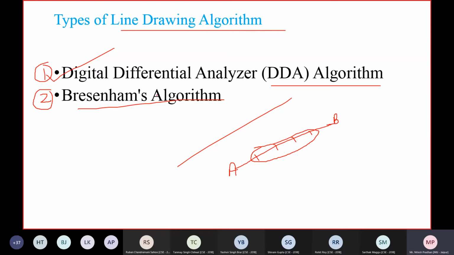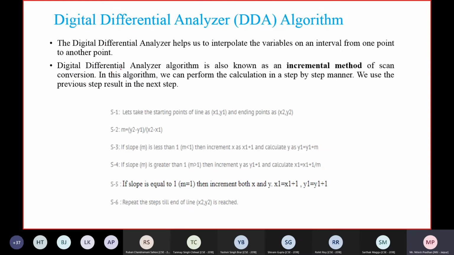Okay, so that's why this line drawing algorithm is helpful to draw the line on the raster screen instead of vector screen, because on a vector screen we do not work on pixels, on a raster screen we work on pixels in a raster display. Okay, that we have already covered in our yesterday's class.